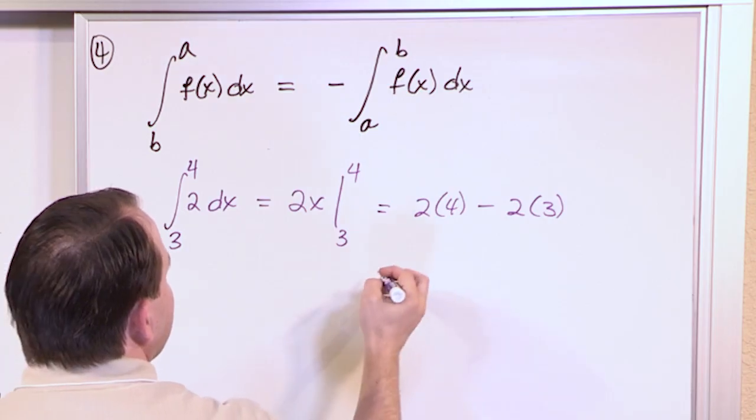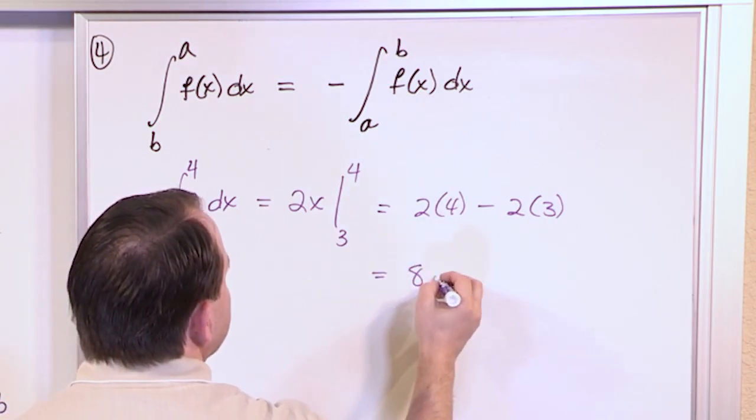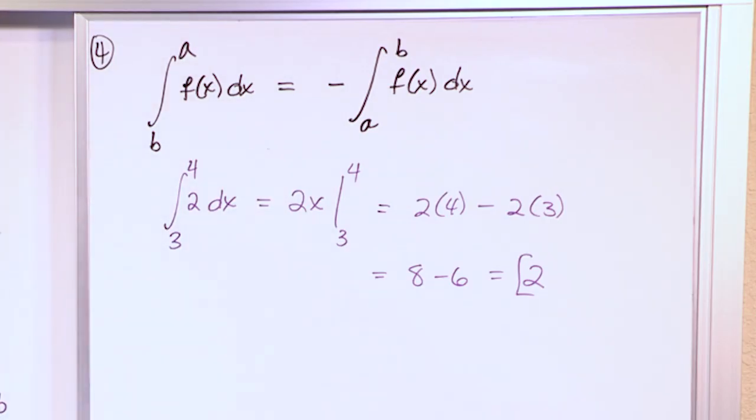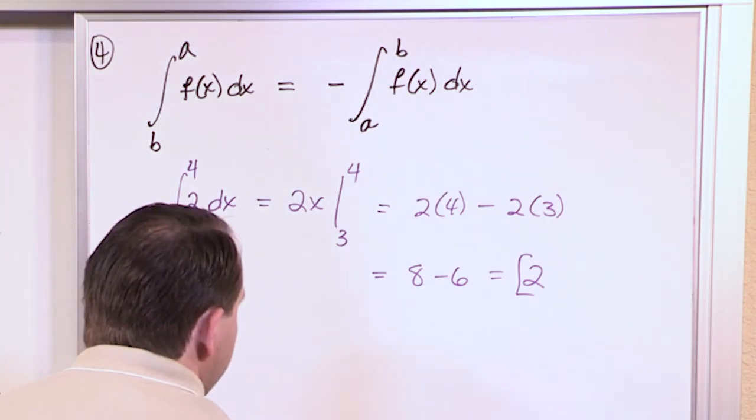Evaluate the lower limit here. So what you'll have is 8 minus 6, which is 2. So that's the answer. Okay, so that is the answer there. Now,